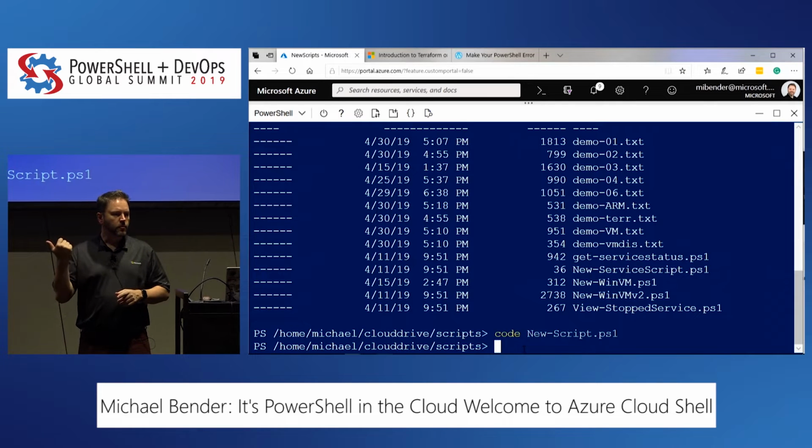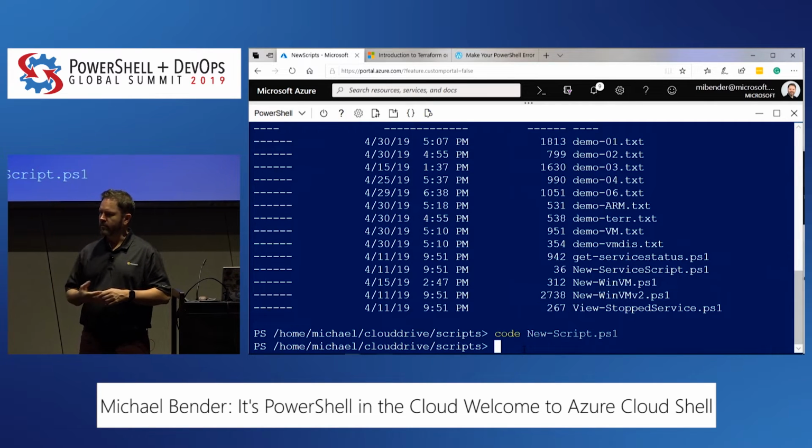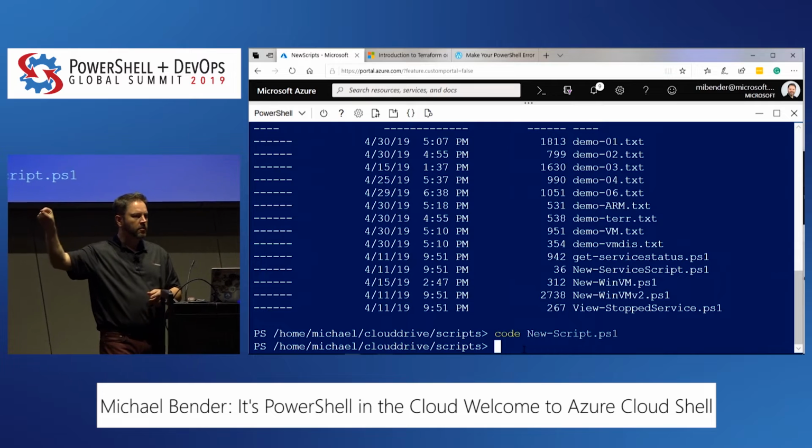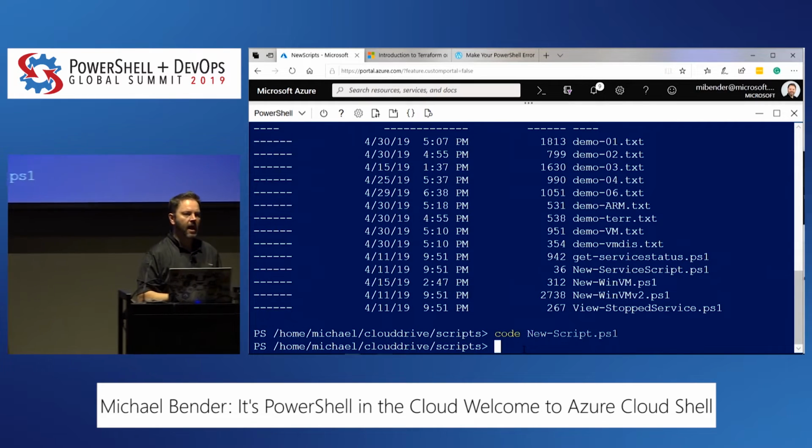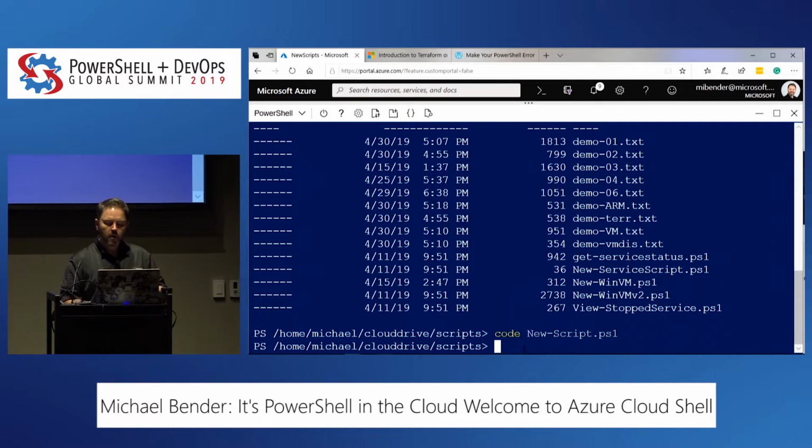Control S will save. Control Q is going to close down the window. Or you can use the ellipsis that'll have a drop down for you to save and to quit out of that window. So once I've created that,